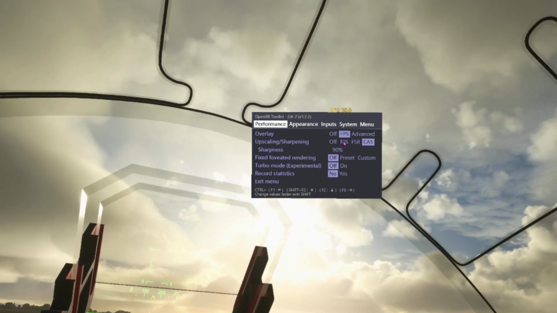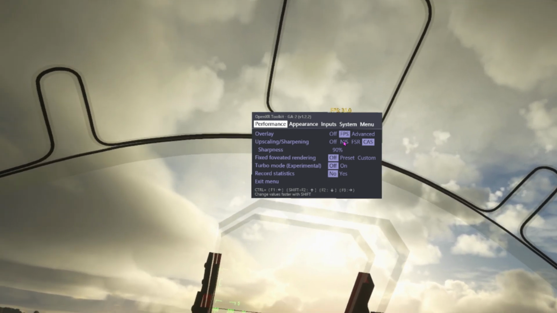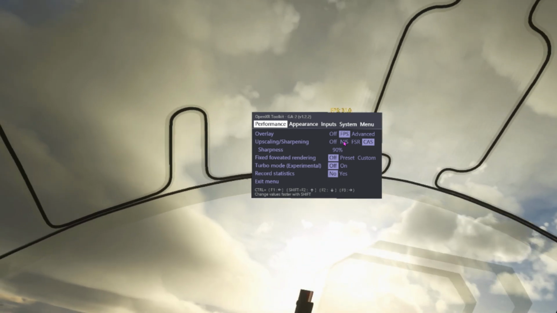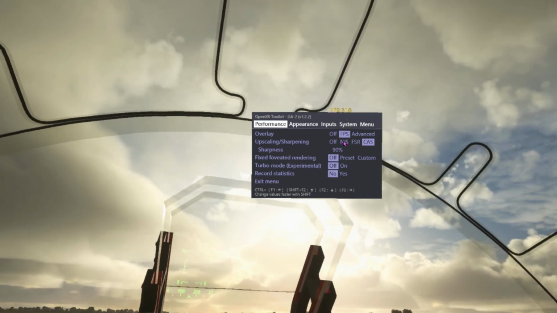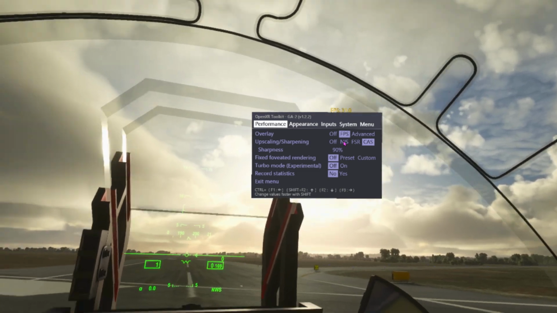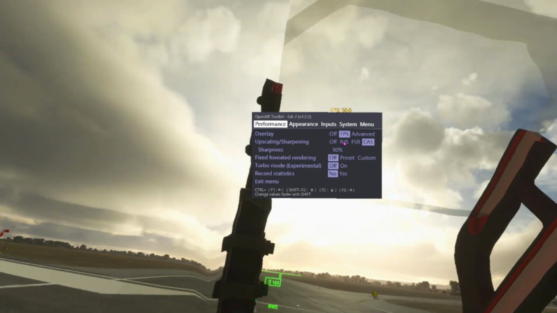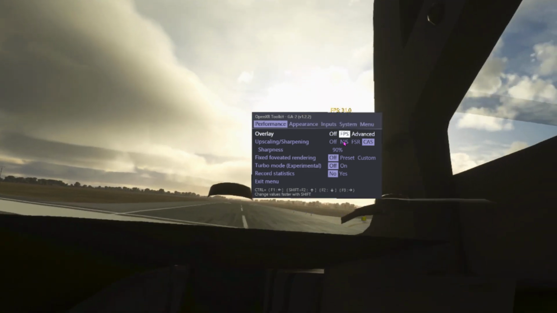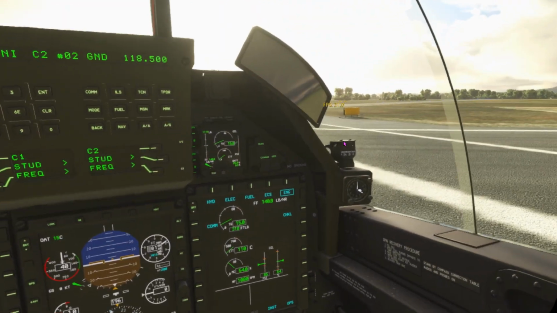Since we're using a lower res image from DLSS, but by using such a high resolution in the headset, we kind of offset the blurriness in the menus. So I don't know if you can see here. Let me get rid of the toolkit here. But if you can see,